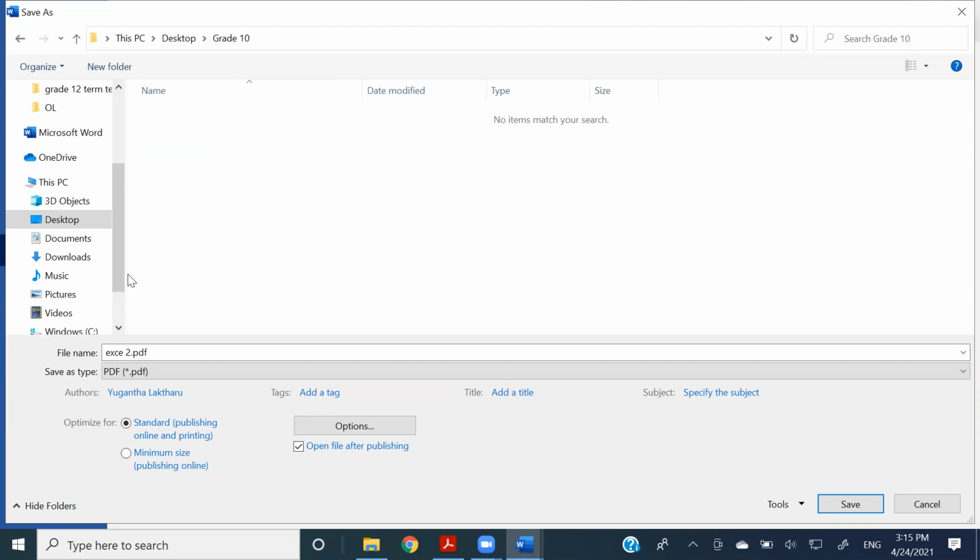Right? So now the name, it doesn't matter. The only thing that you need to know is you can't have a file with the same name